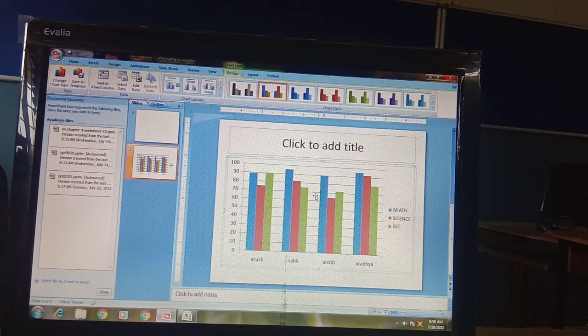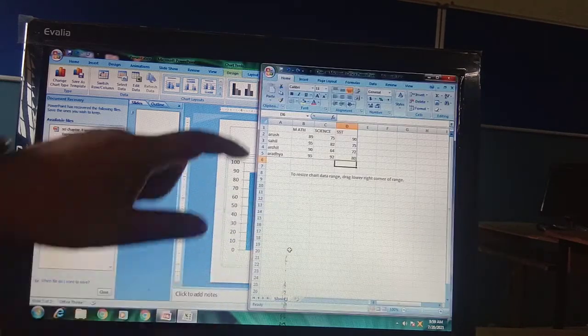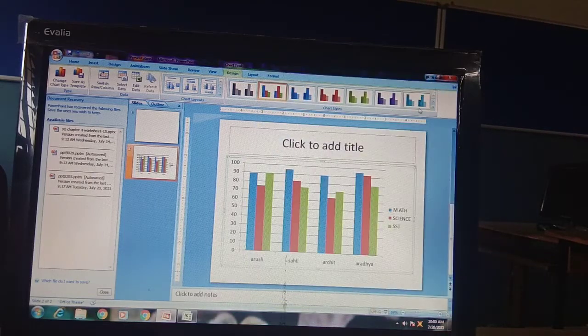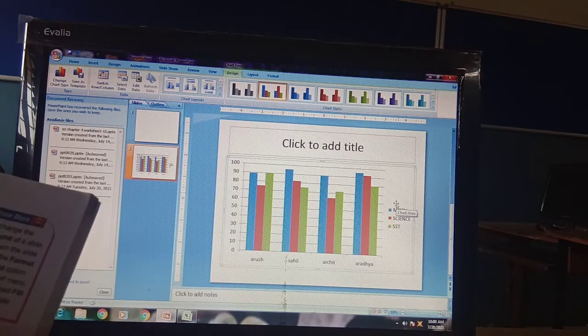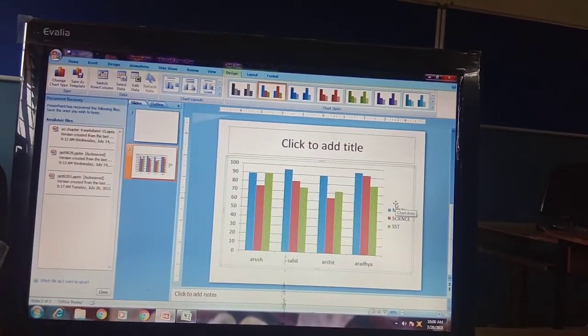Okay, graphs of the chart. Is it clear? When you insert a chart, the data is displayed in a special window called the data sheet, as I told you, which we have already minimized. This is the data sheet window, where we insert the data. Whenever you change anything in that data sheet, it will reflect here, as you have already seen.